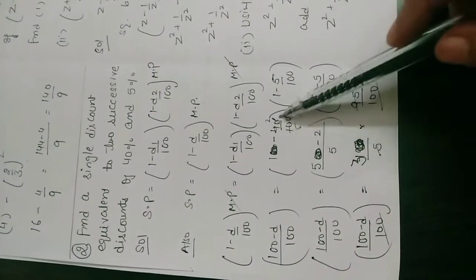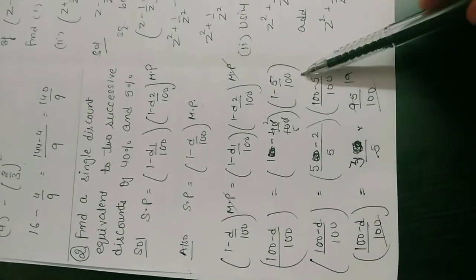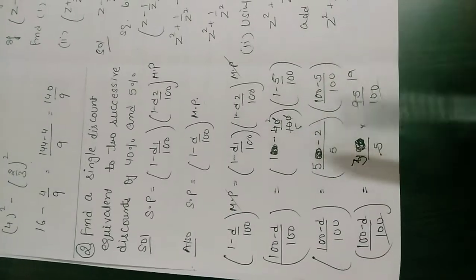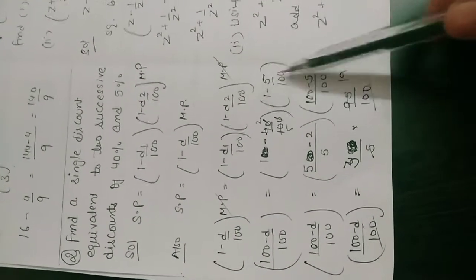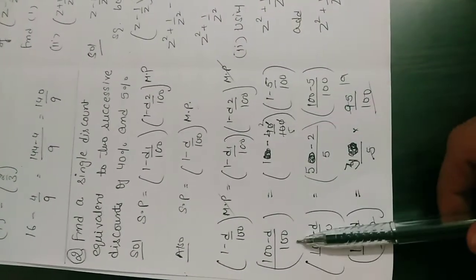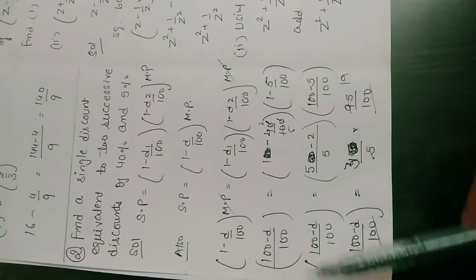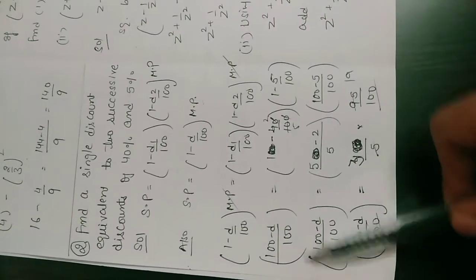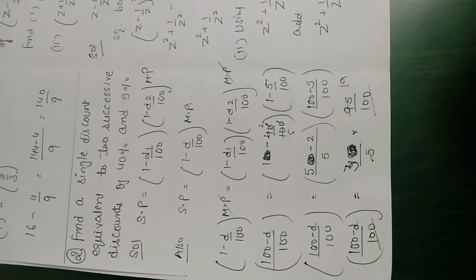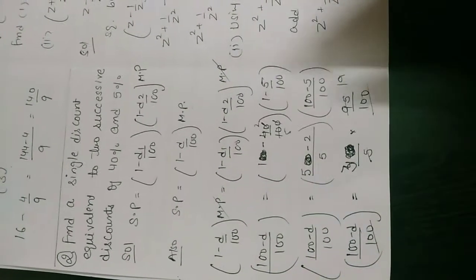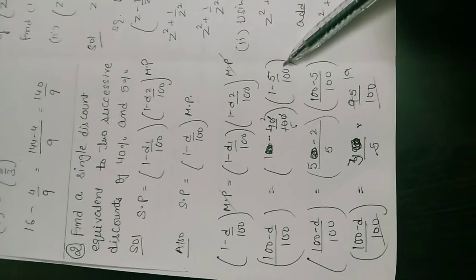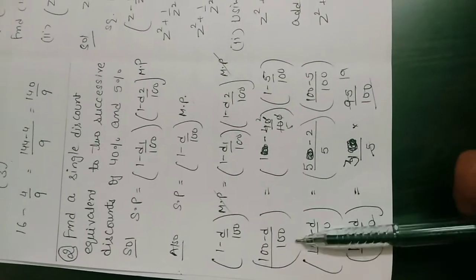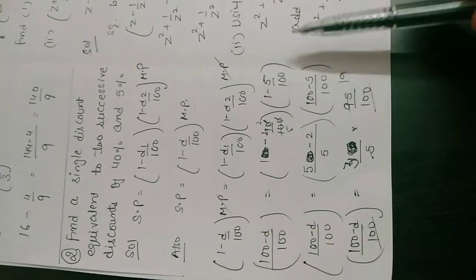Here I just cut 4 upon 100, but here I have not cancelled. Why? There is a motive behind it. We can cancel, but on the left hand side the denominator is also 100. So it's better to cancel it directly in the coming step. This is up to you. If you want to cancel, you can, but because here is also 100, we should leave it.